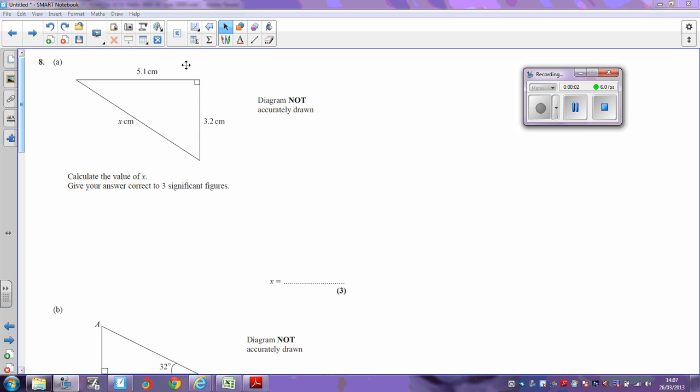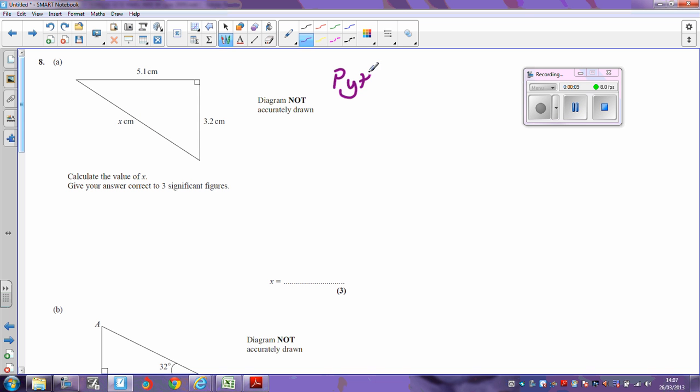First question here, you are given two sides of a right angle triangle and you're asked to find the length of the third side. So this is a Pythagoras question. And remember, Pythagoras' theorem says that if you square and add two of the short sides, in other words, if I do 5.1 squared plus 3.2 squared, that will equal the hypotenuse squared, and the hypotenuse in this case is